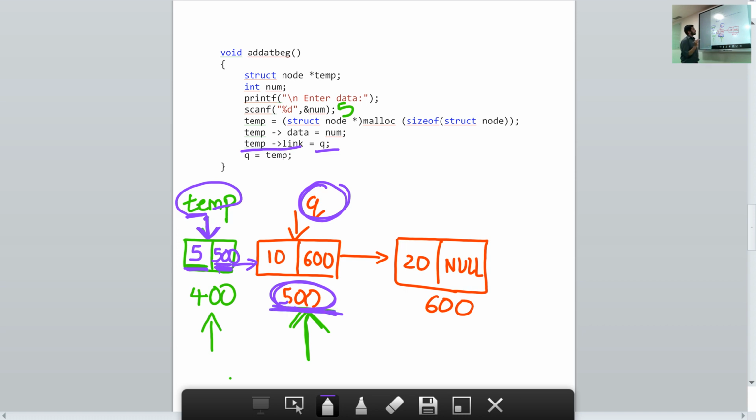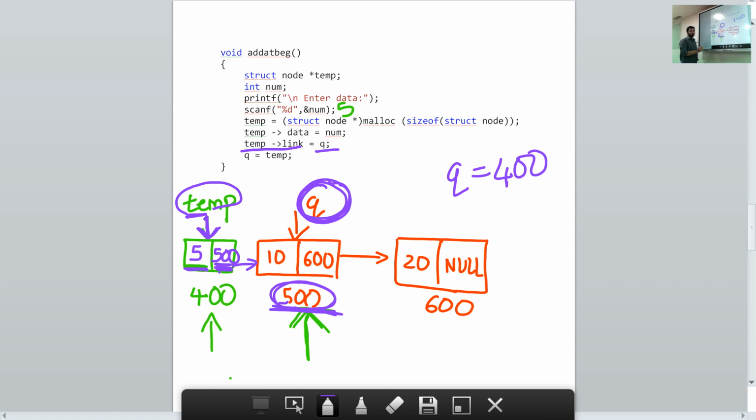Now I told you q always points to the first node. But if you look in the diagram, where is q pointing? q is pointing here, that is, at the second node. So we want q to come to the first place. What should be the value of q? The value of q should be equal to 400.